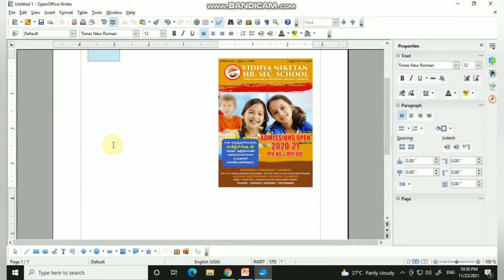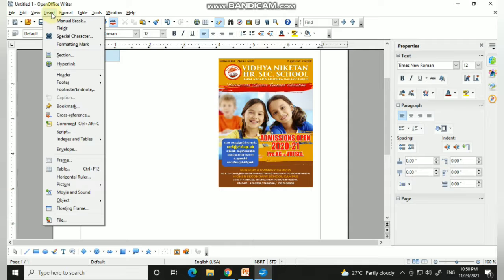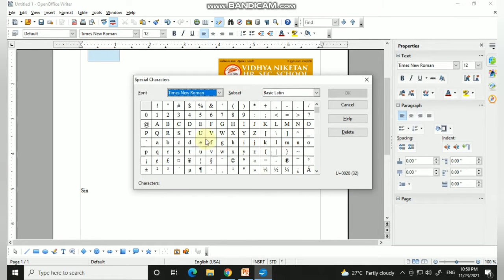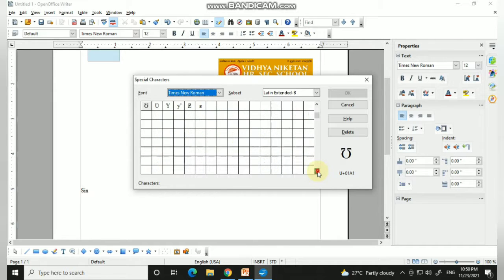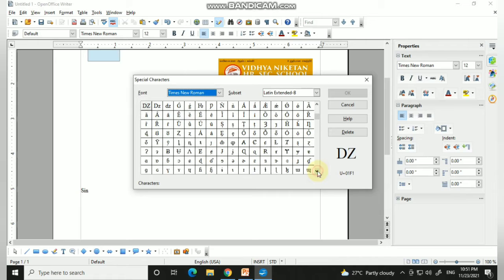See here, again we will start with an example. If I want to type here, I want the theta symbol. So I should choose Insert, and in Insert it is Special Characters, and this is the Special Characters symbol dialog box. Here if you drag it, you can see lots and lots of special characters which are available, n number of special characters. From these you can choose whatever symbol you want.